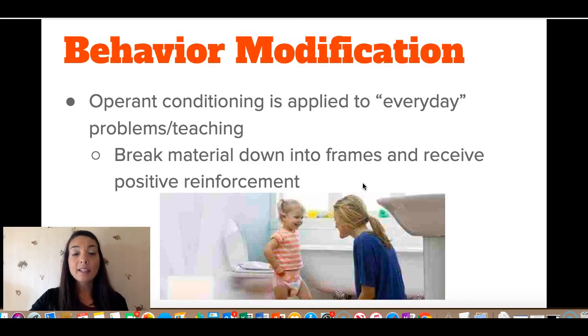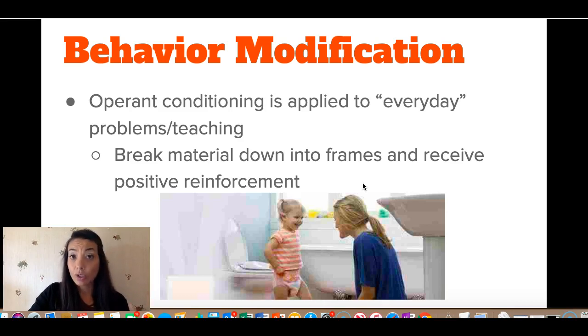So let's think about potty training. My toddler right now, we're trying to teach her to go potty by herself. So anytime she gets close to the potty chair, I try to provide positive reinforcement saying it's okay to go potty on the potty chair, right? I don't want her to keep being in diapers all the time.